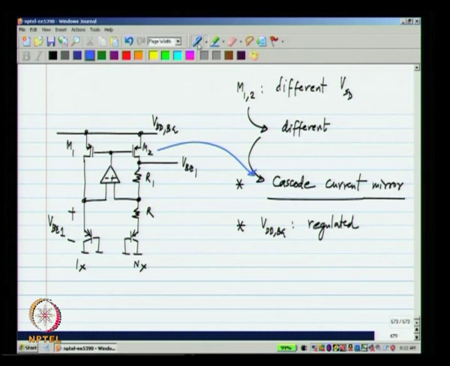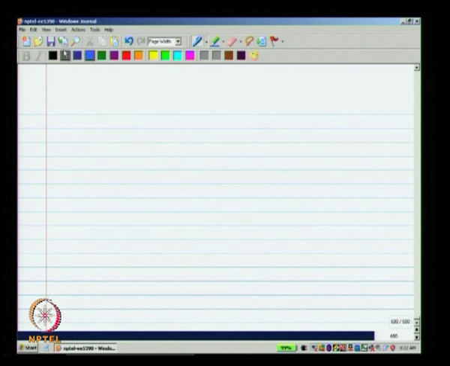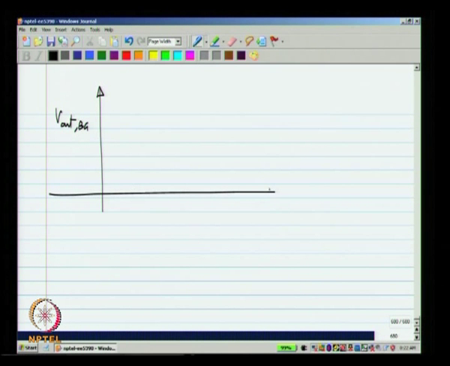So, these are the two ways of reducing power supply sensitivity. Now, finally, if you make the band gap reference and measure its output voltage versus temperature, you will see something like this. So, maybe this would be in the desired range of temperature. Somewhere it will have 0 temperature coefficient and it will have a curvature of this sort.